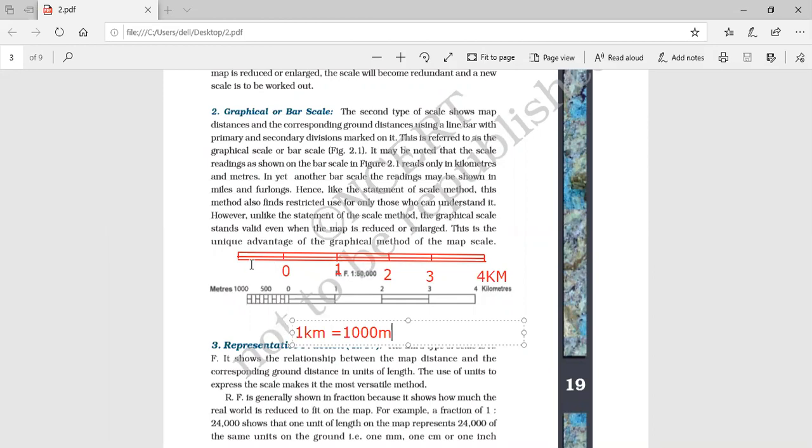So what we can do is, for example, this line is 3 centimeter. The simplest way is you can just divide this line into two portions, and write 500 here, and directly 1000 here. But it's better to do a little more division, otherwise it doesn't look good. Though if you do it like this, nobody can call you wrong, but it's better to do at least 4 to 5 divisions.